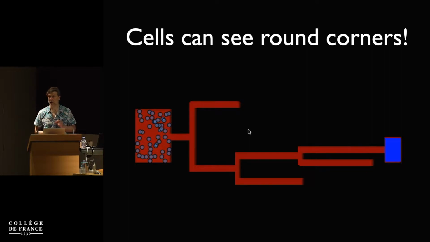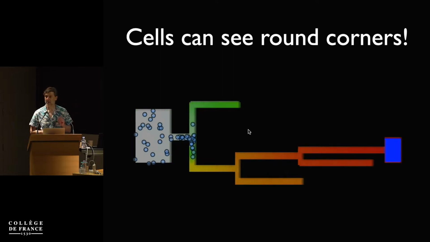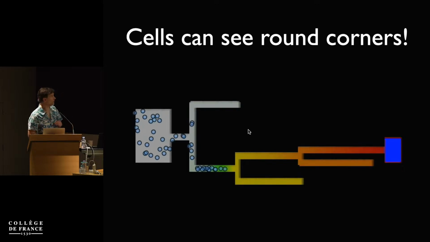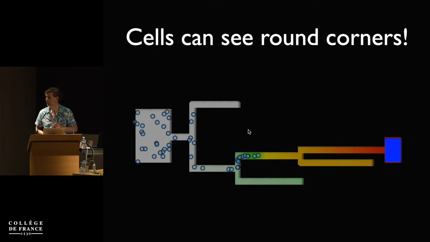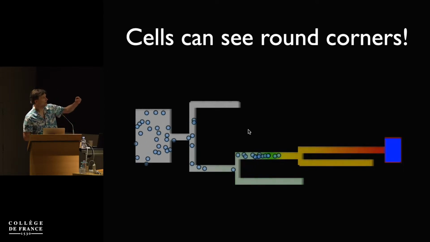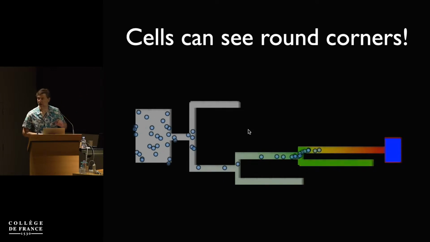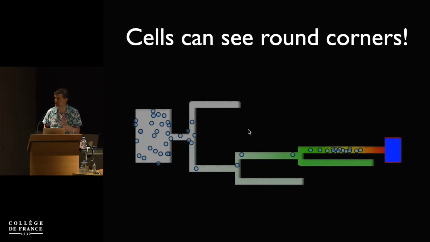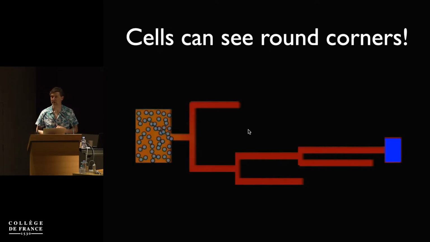So here you see a model of a sort of complex maze, and each time the cells reach a junction in that maze, they have broken down enough of the attractant ahead of them that they can tell which is the right way to go. So again, you can see in each case the correct branch has a slightly higher concentration than the lower one, and cells are amazingly sensitive to small differences in attractant. Cells have no problem doing this.